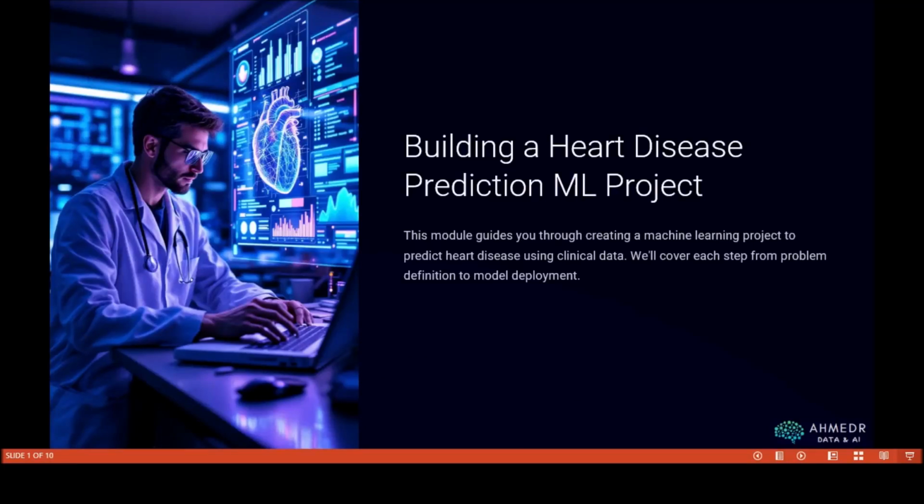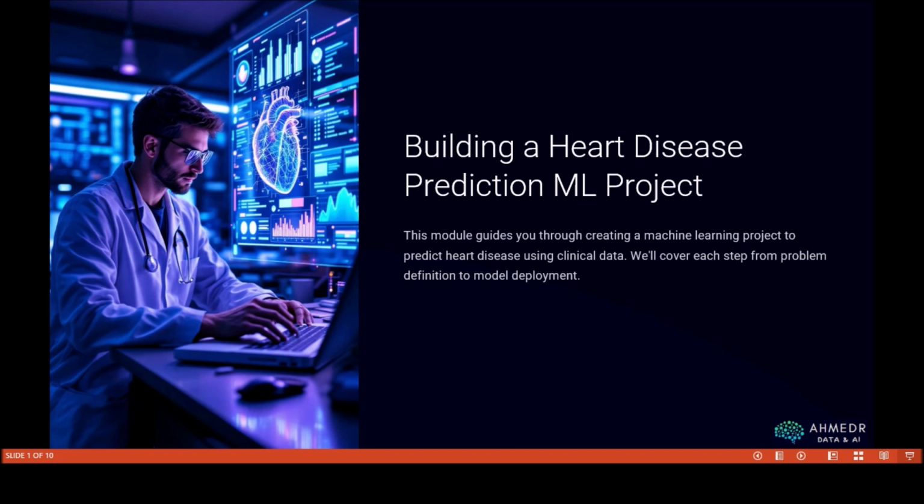So as we have seen in the previous lessons, how to create and manage a machine learning project. This lesson will focus on taking an example of building a heart disease prediction machine learning project. We'll start with the key steps and the theory behind the steps involved in managing and creating the heart disease machine learning project. And then we will go to the coding part, which involves